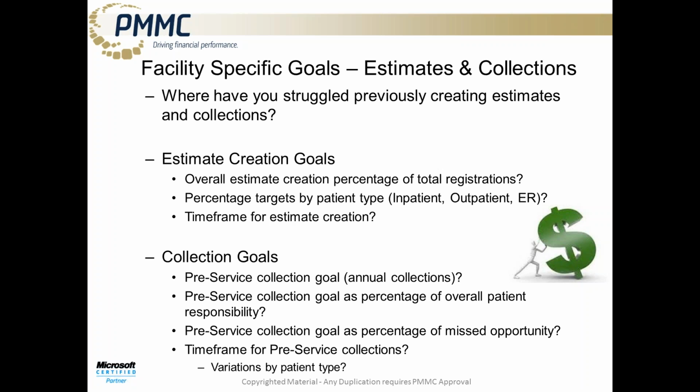Percentage targets by patient type. Of course, we see much higher volume with outpatient estimates, but we do have several clients that are really targeted on inpatient encounters as well. And really, like I said, this is going to be facility specific. You want to establish those target percentages based on patient type. So of course, you may have a goal of 80% for outpatient, and maybe 20 to 30% for inpatient. ER is always a difficult place to incorporate estimates as well, but even setting some sort of goal in the ER too